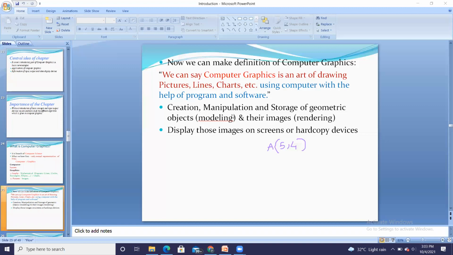Then creation, manipulation, and storage of geometric objects, that is modeling plus rendering, we are going to learn here, and display those images on the screen or hard copy devices. So we can display those images on the screen, or we can take a print on hard copy. So you will be having these different operations with respect to CG.